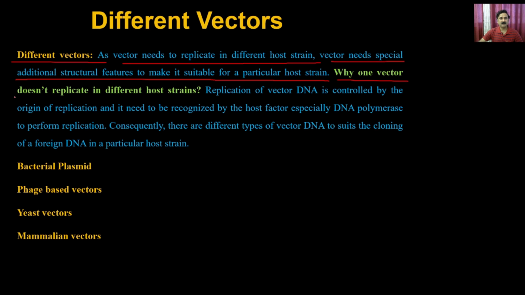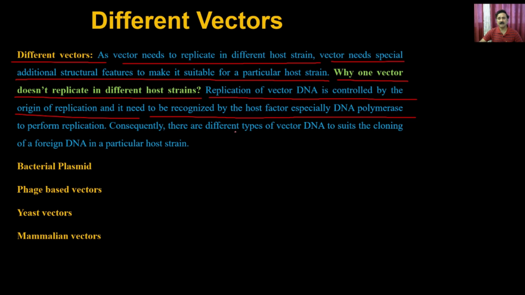Why does one vector not replicate in a different host strain? We have discussed that, right? The replication of vector DNA is controlled by the origin of replication, and it needs to be recognized by the host factors, especially the DNA polymerase, to perform the replication. Consequently, there are different types of vector DNA to suit the cloning of a foreign DNA in a particular host